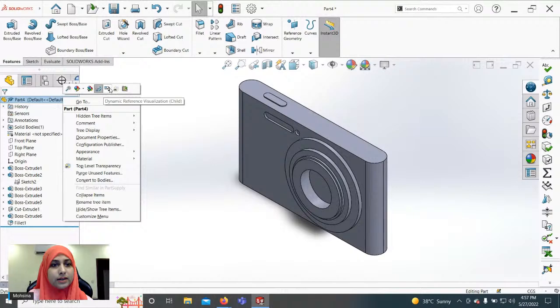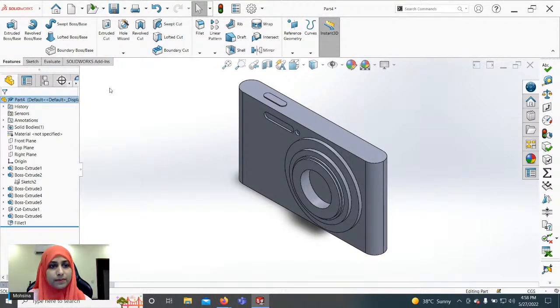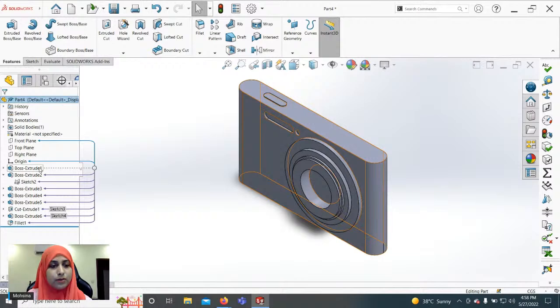Now let's select Dynamic Reference Visualization Child. As I hover over Boss Extrude 1, the blue arrows show the parent references on which Boss Extrude 1 is created. And the purple arrows show the child references, the features which are created on Boss Extrude 1.